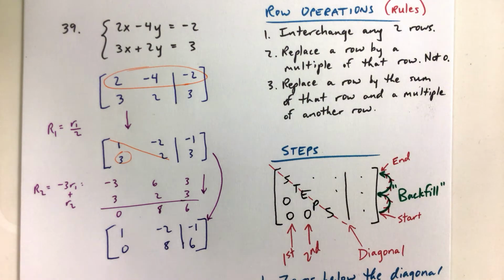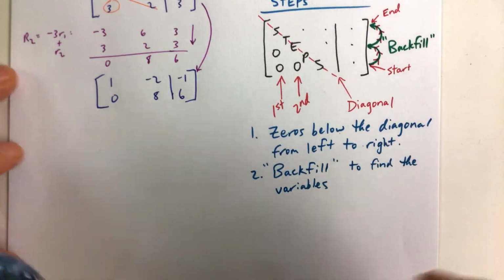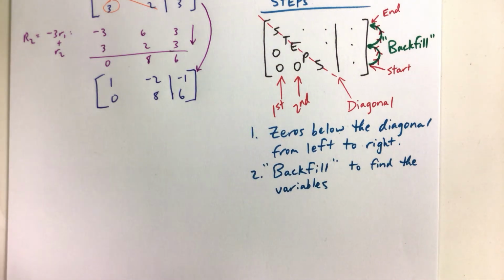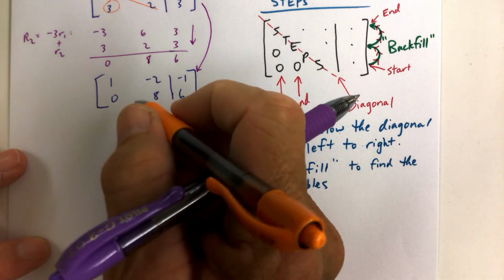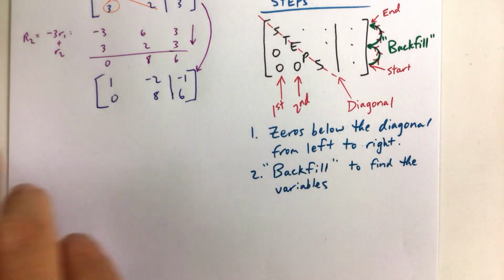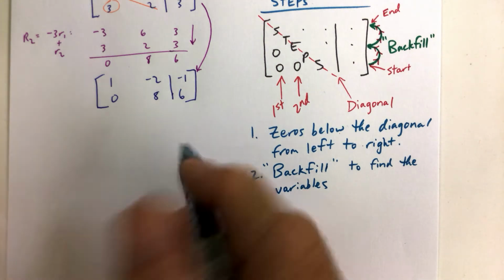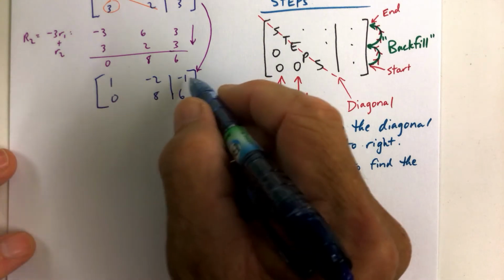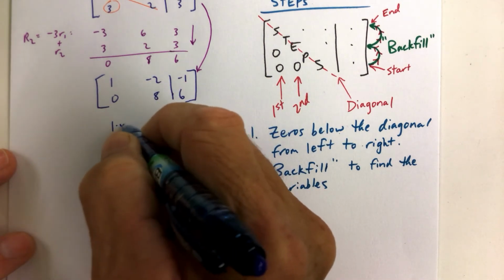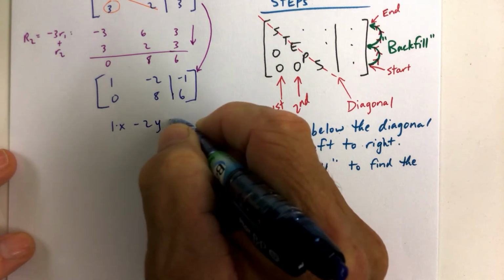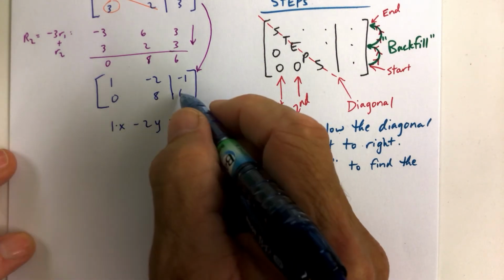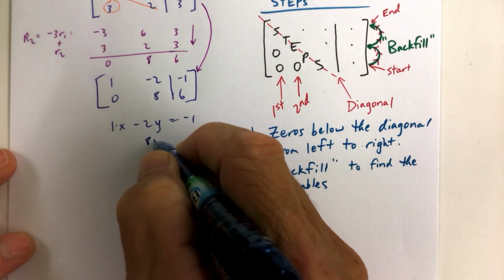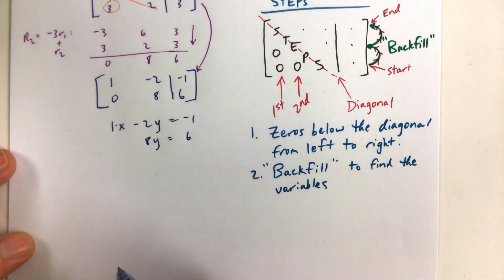And what we could notice here is that we've got 2 even numbers, but that's not really going to hurt us right now because we're going to have to go ahead and solve for the variable. Let's just go ahead and rewrite this matrix now, introducing the variables back in. So we have the first row means that 1 times x minus 2 times y is equal to -1. And then the second row, 0 times x, we're going to leave that out, plus 8 times y is equal to 6. So now we have a reduced